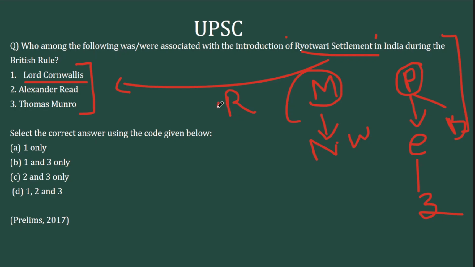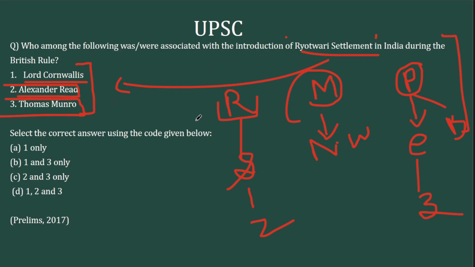Now finally the ryotwari. This is one system that was introduced in the south of India. Why? Because the south of India lacked this system of intermediaries, which is zamindars. And there the revenue was collected directly from the ryots. Ryot means peasant. So here the British presented themselves as benevolent rulers, where land is assessed, the revenue is fixed, and it would be collected directly from the ryot. No intermediaries. And the people who introduced this were Alexander Reed and Thomas Munro.